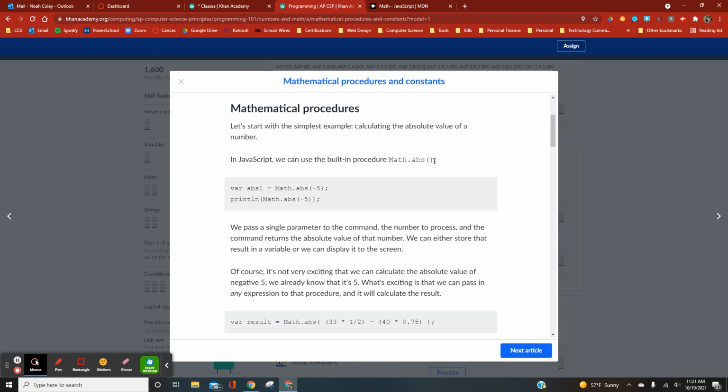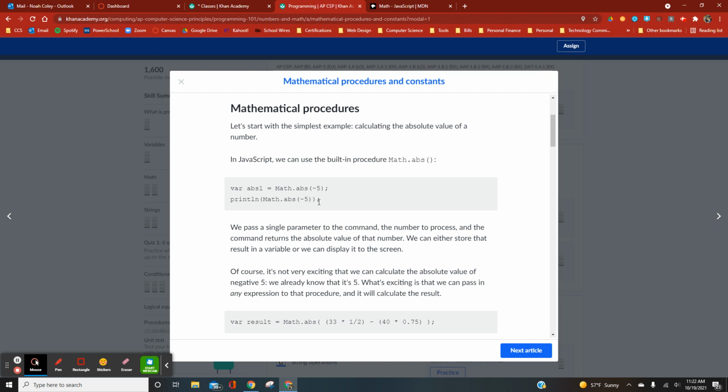I don't think that's right. The colon here is to list this down here. So, variable abs1, absolute 1. Okay, so here's a variable. This is its name. We're setting it equal to this built-in procedure of absolute value, Math.abs, and then inserting a -5. And then we're telling it to print line Math.abs,